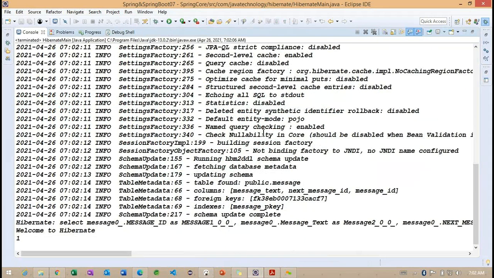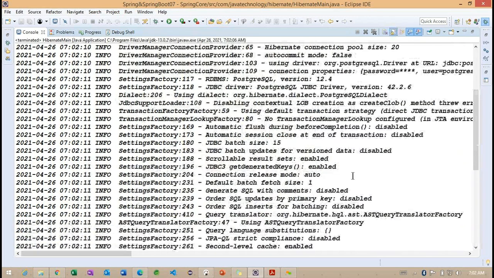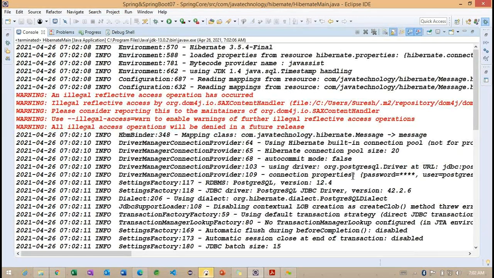These are the information regarding Hibernate. Finally, our SQL query is generated and the data is printed here. First, we need to understand what is happening internally.